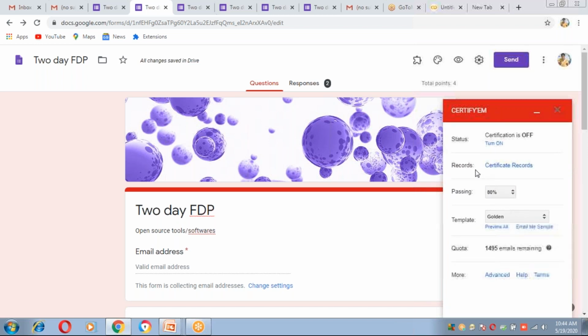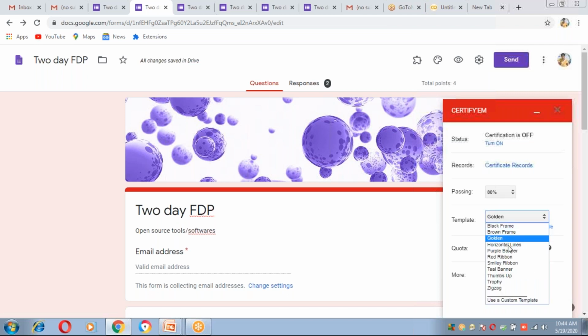Now certificate records passing: what is the cutoff marks for the students to get the certificate? We can set the cutoff, either 50%, 60%, or 70%. This is the template. So these are the different templates of the certificates.